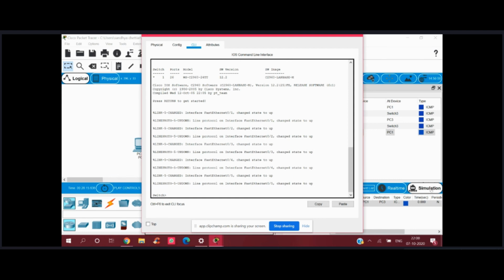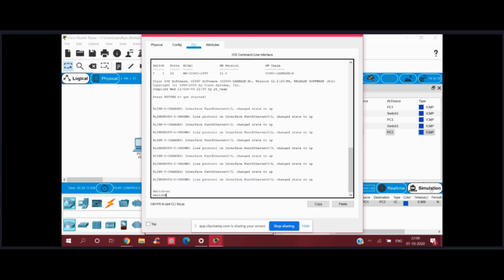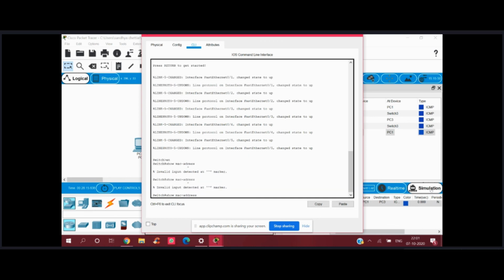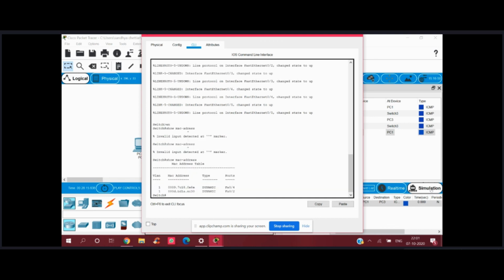If you want to view the MAC address table which the switch remembers, you need to type en and then show mac address-table. As you can see, it has the MAC addresses, and the packet that was transferred from port 4 to port 2 and port 2 to port 4 is visible here.